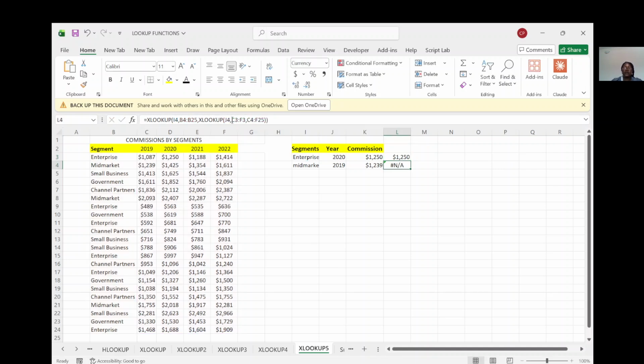So it's okay right now. If we drag and fill, it will now fill everything. You see exactly what we have here. Now the next thing we would do is